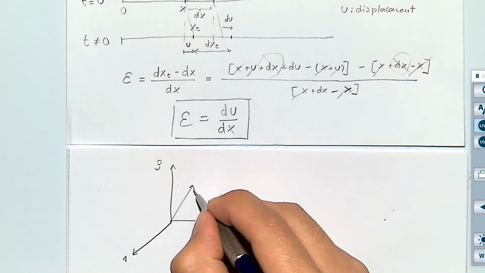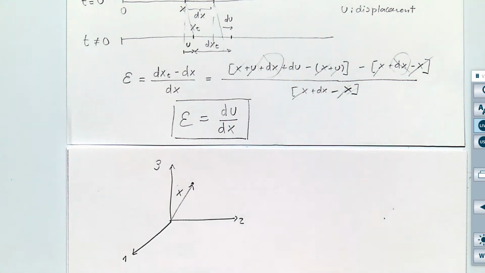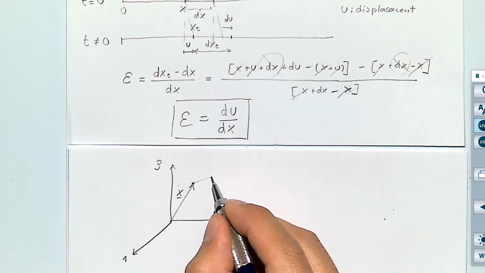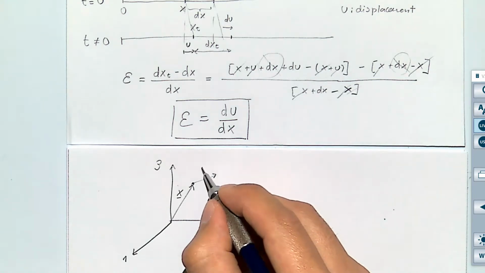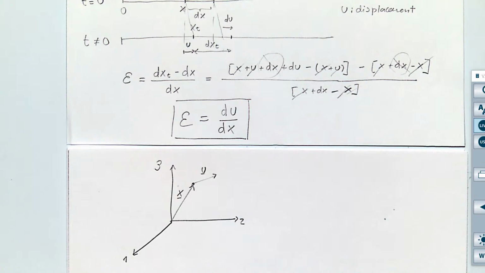At a given time, you may have a point at the position x, where x is now a vector, and after some time, that point may move with the displacement u,